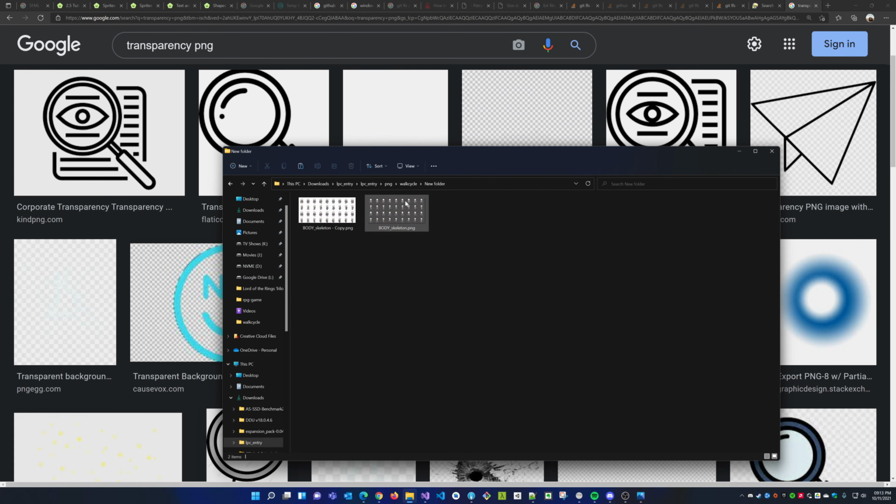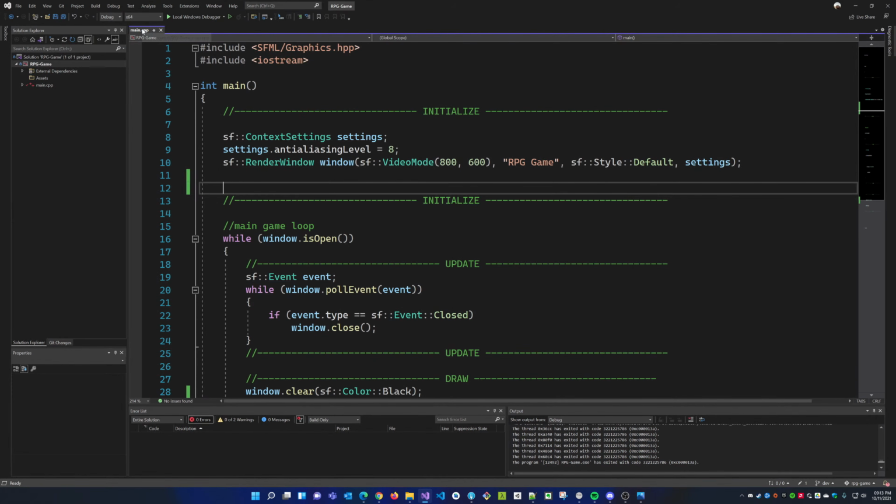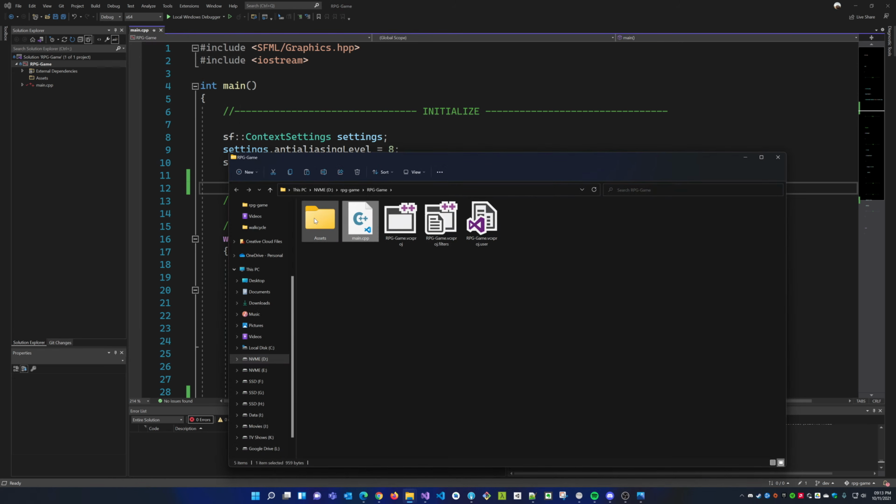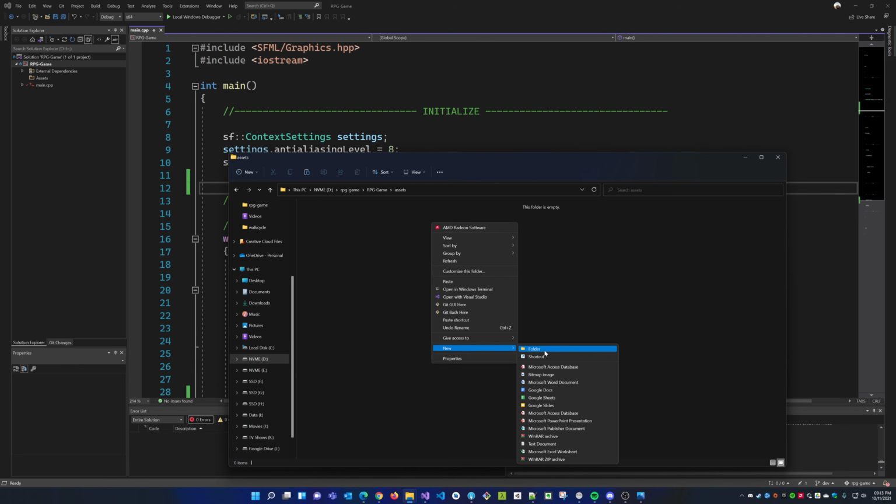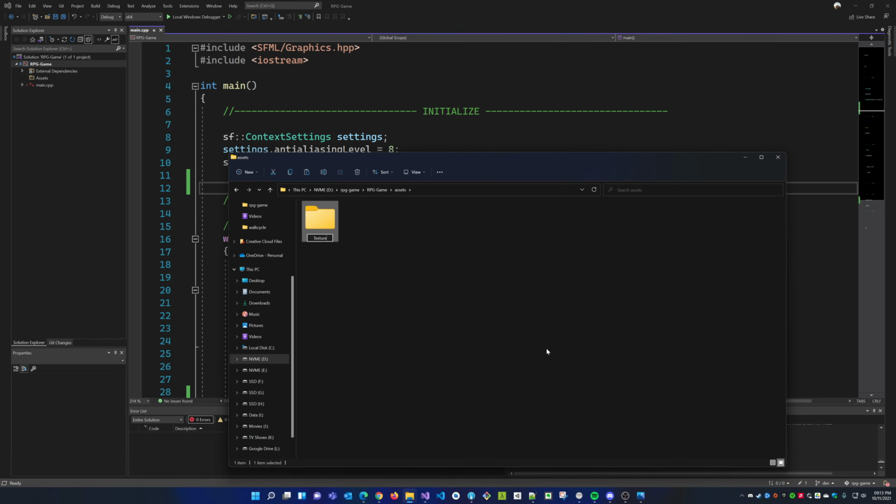All right, so we're gonna take this image, go to my SFML project, right click on my main.cpp, open folder container, go to assets. Assets is small a. I'm gonna keep it small a because when you change the capitalization of a folder, Windows is stupid, so sometimes you have to refresh it to understand what's going on. So I usually like to keep things small letters. In assets, I'm gonna create a folder called textures.